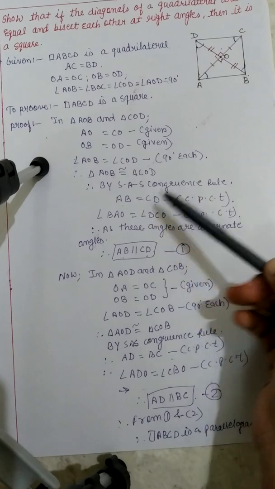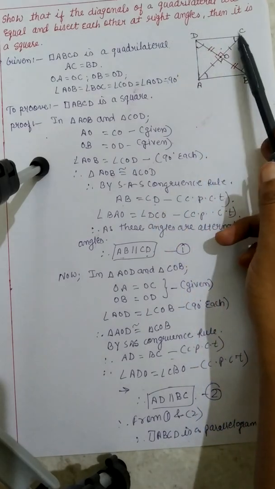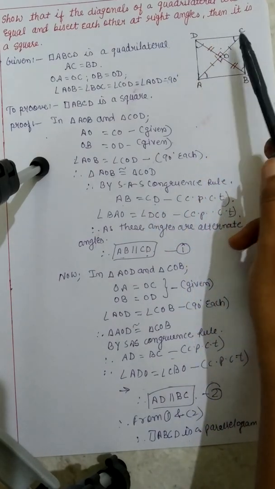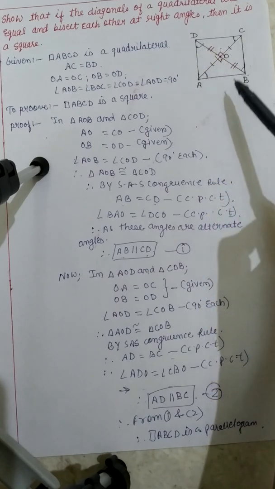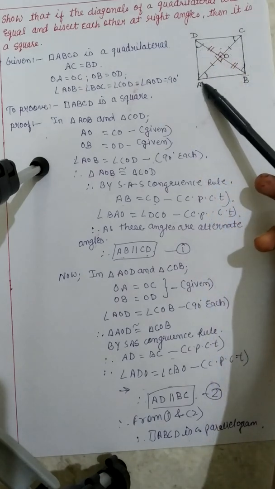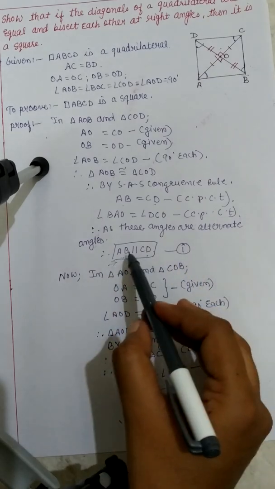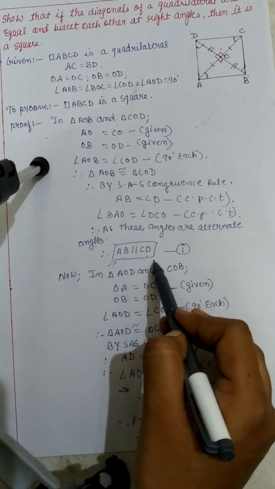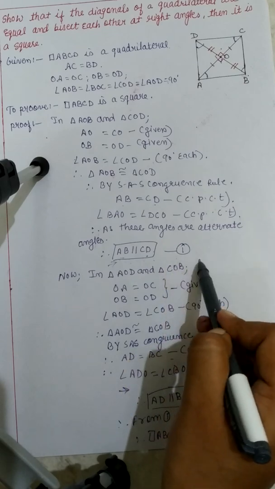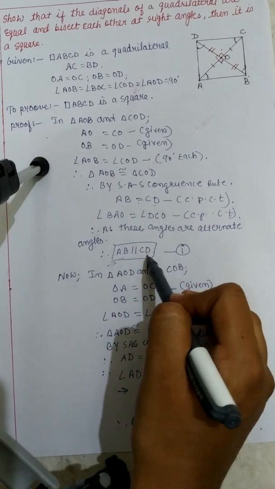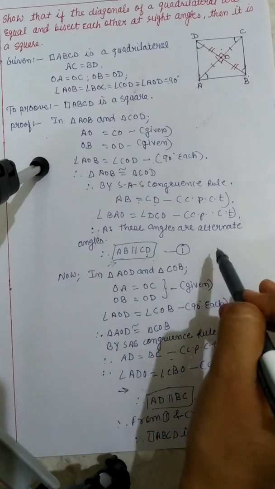Suppose here I have taken AB is equal to CD and AB parallel CD. So one pair of opposite sides are equal and parallel in a quadrilateral, then also it is a parallelogram. So you can wind it up with this statement also here. That is, in a quadrilateral, if one pair of opposite sides are equal and parallel, then ABCD is a parallelogram.